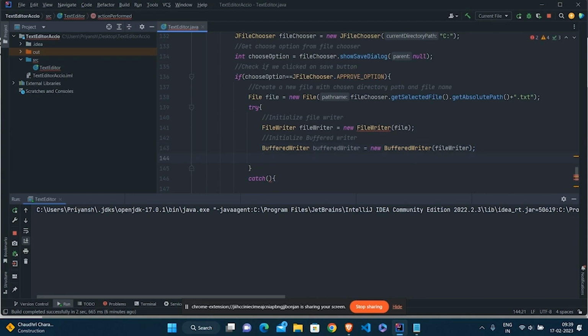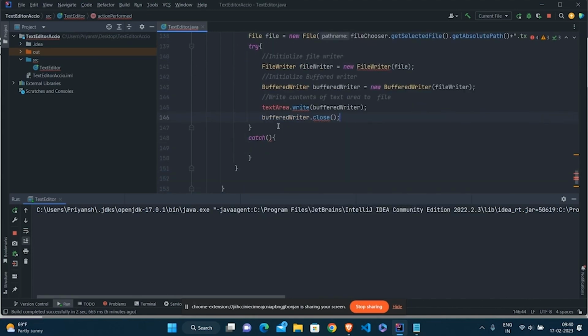After that, we use a function present inside the text area to write with this buffered writer. So, write contents of text area to file: textArea.write, using this buffered writer. And we need to close the buffered writer.